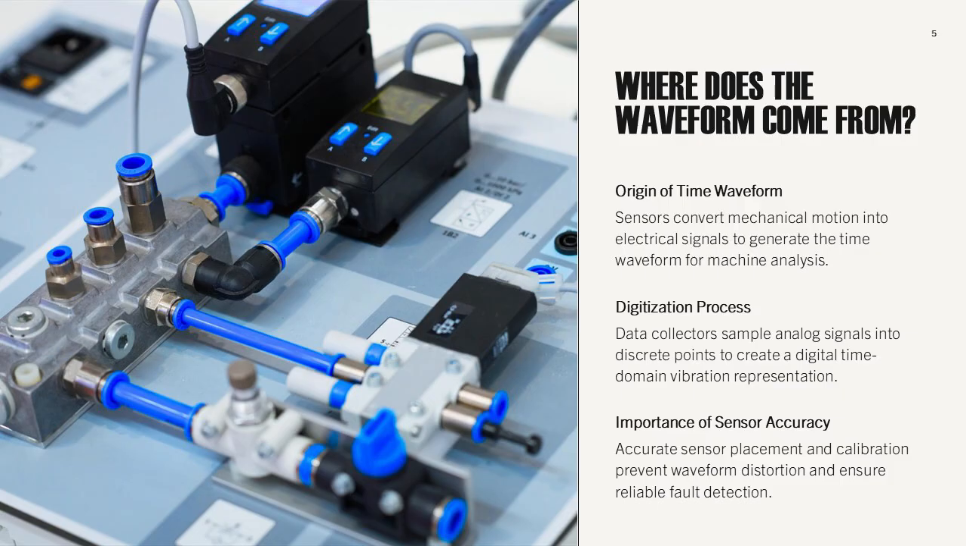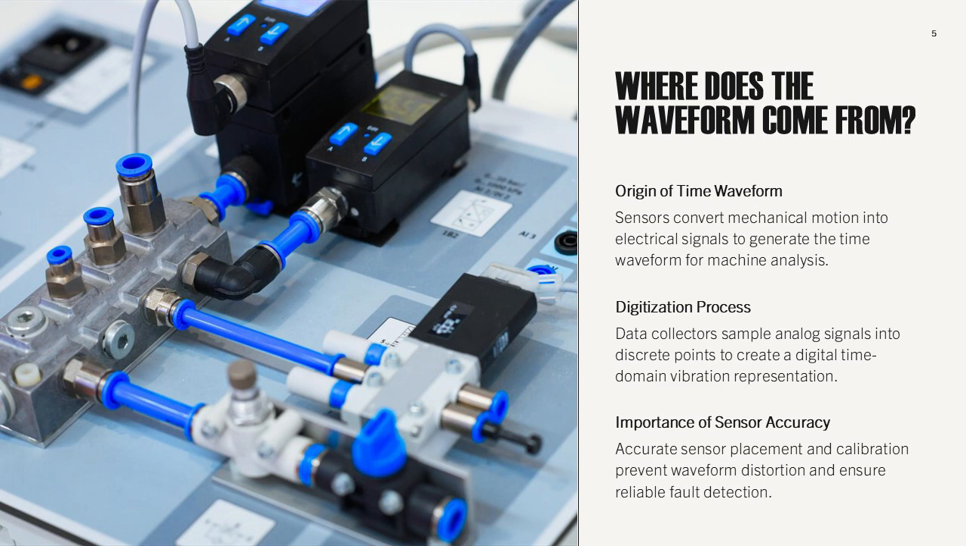The time waveform originates from sensors such as accelerometers, velocimeters, or proximity probes mounted on the machine. These sensors convert mechanical motion into electrical signals, which are then digitized by the data collector. The digitization process involves sampling the continuous analog signal into discrete points, creating a time-domain representation of vibration. This raw waveform is the foundation for all subsequent analysis, including fast Fourier transform, FFT,